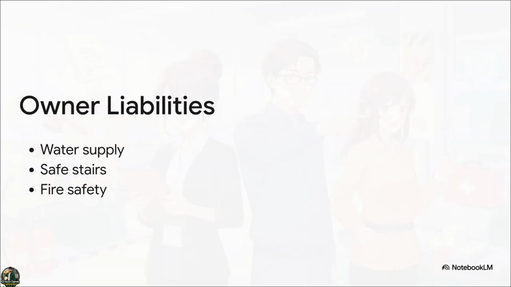Which means, if you own independent floors leased as separate factories, you are legally treated as the occupier for shared safety requirements. You're responsible for the common water supply for latrines, ensuring clean staircases, and handling fire precautions. If the shared staircase is unsafe or the fire systems fail, the premises owner is the one facing the penalty. You can't just lease out a building, collect rent, and wash your hands of the safety standards.